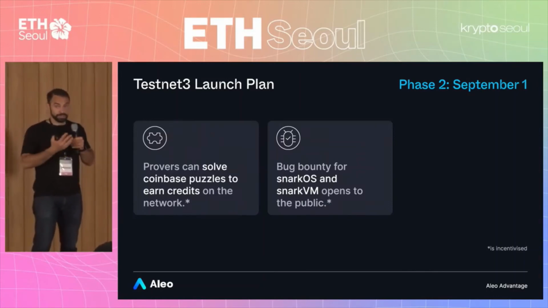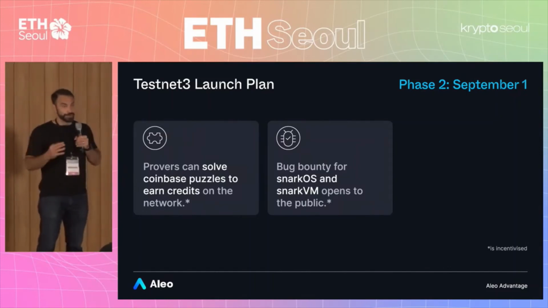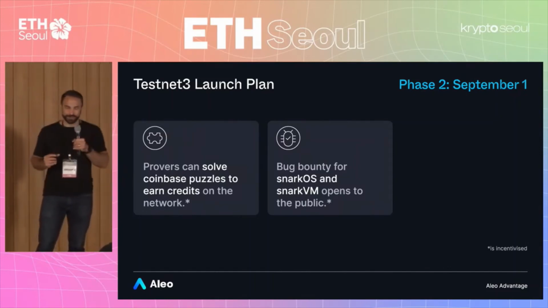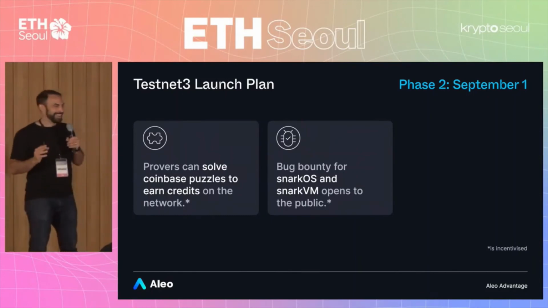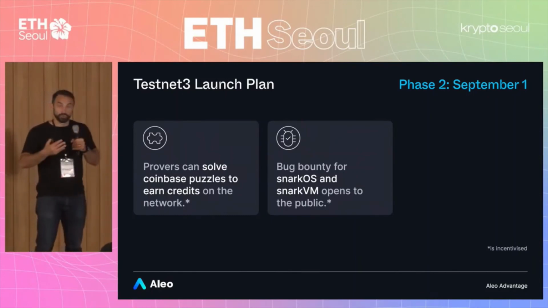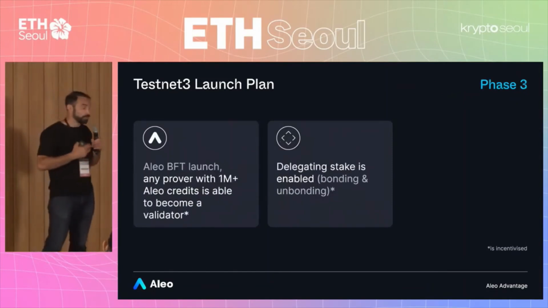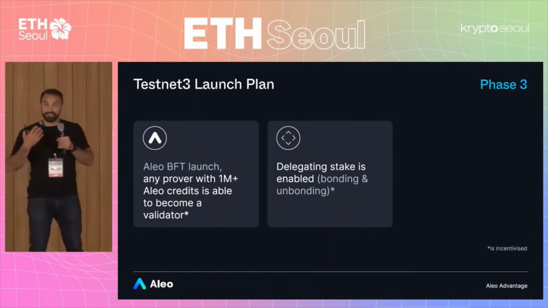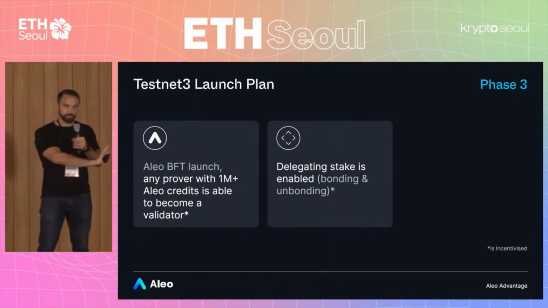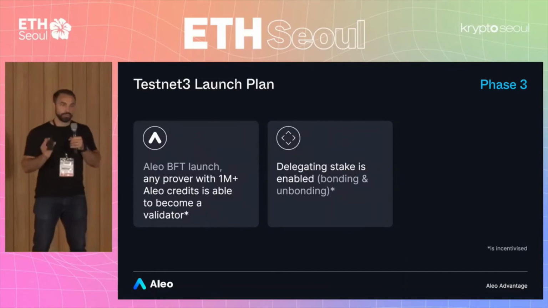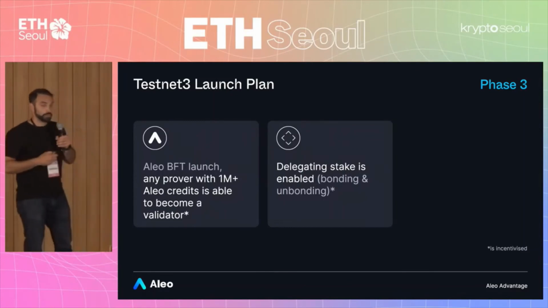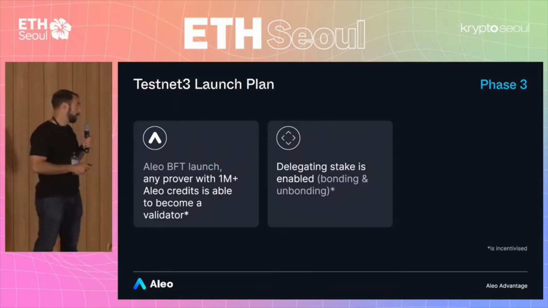So potentially, for anyone in this room who is an Ethereum miner who might be facing a situation where your GPUs might not be that useful anymore, you can take those GPUs and prove on Aleo to earn coinbase rewards, and then potentially with those rewards participate in the third phase where we have validators, with this proof of stake consensus. So with the tokens that you've earned as a prover, you can participate as a validator, help construct blocks, and verify transactions. And from the third phase, we'll go right into our mainnet launch plan for the end of the year.